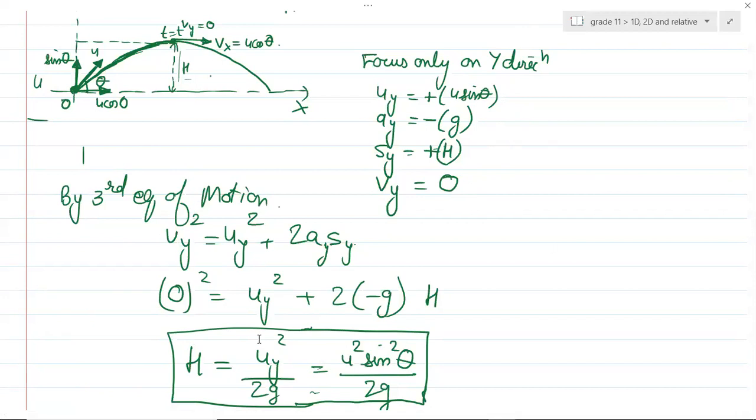If they had asked for the 3 derivations together, the derivation for maximum height, the time of flight, the horizontal range, then this would have been a little bit of a 5 mark question. Okay? Although there is nothing much to do, it's just normal mathematics, normal physics, equations of motion in one dimension.